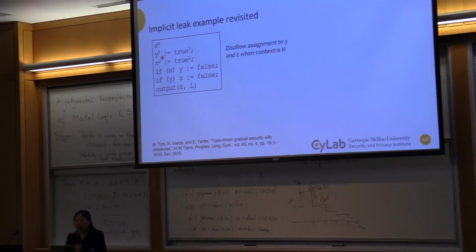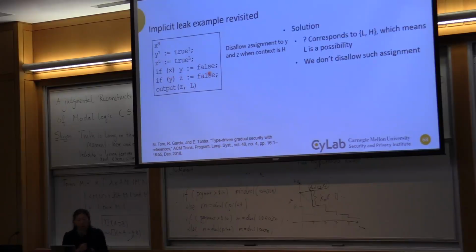So how do I fix it? The problem is this untaken branch has been an issue, right? In Ron's paper, what they decided the problem is that when I do this assignment of y, y has question mark, so therefore y's interpretation can be low or high, but that means that low is a possibility. So if I have any branch that's in high, I should decide that that's a bad thing, because it's possible that y is low. This assignment shouldn't happen. So I'm going to disallow this.